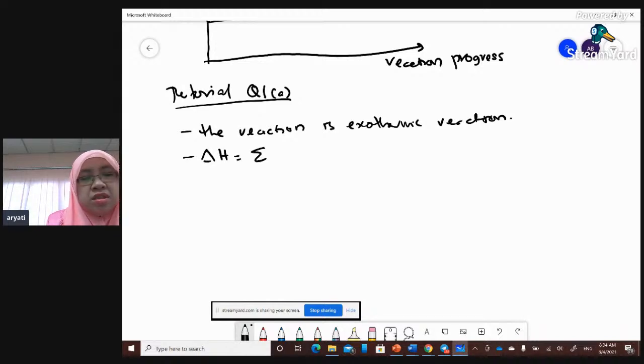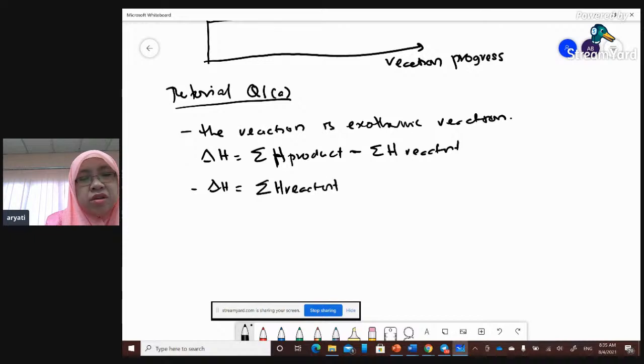Delta H is the summation of enthalpy of product minus the summation of enthalpy of reactant. So since the value of delta H is negative, maksudnya jumlah enthalpy of reactant will be larger